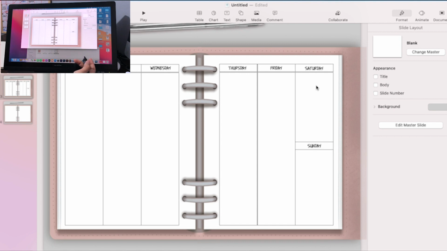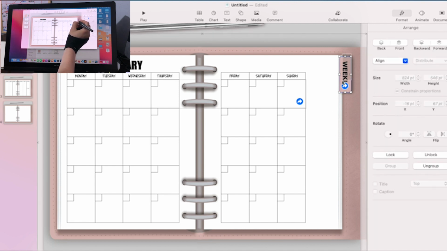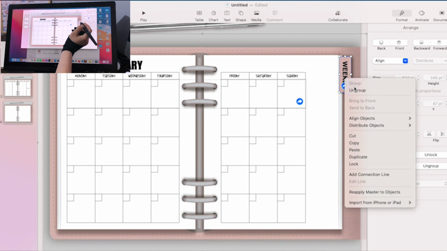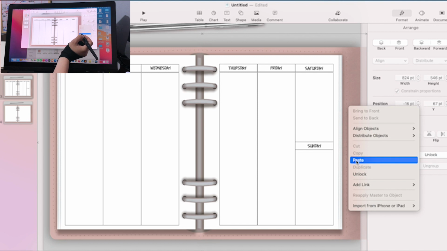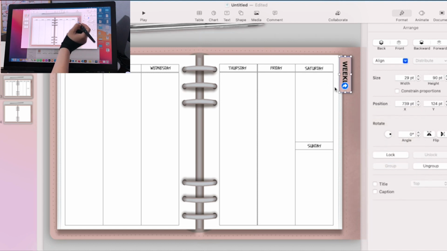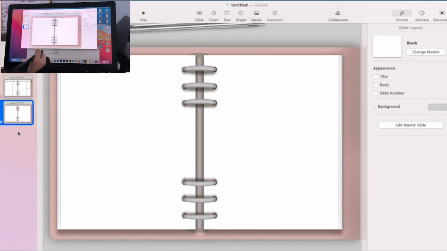Last but not least, I'm going to be creating a daily layout. And for this layout, I'm going to show you another way, that is by adding PNG files that are already designed. This daily layout, I created for my brushes, but I'm going to be adding it to my Etsy store as a PNG file. So let me show you a little bit how you could use that one in a planner like this, made